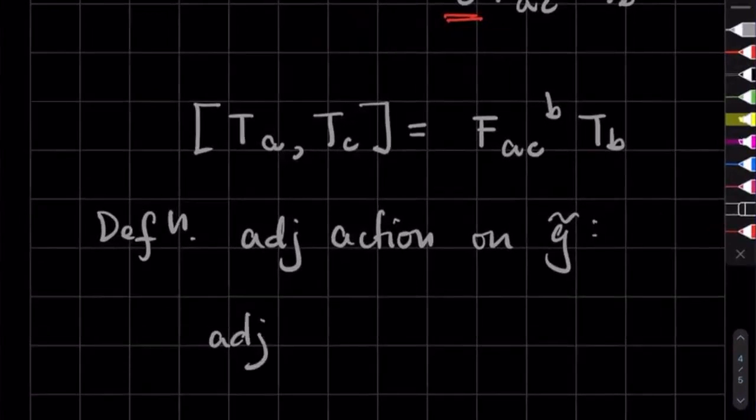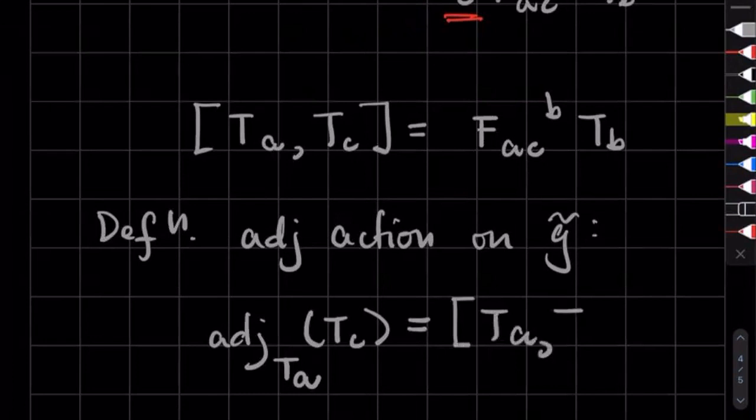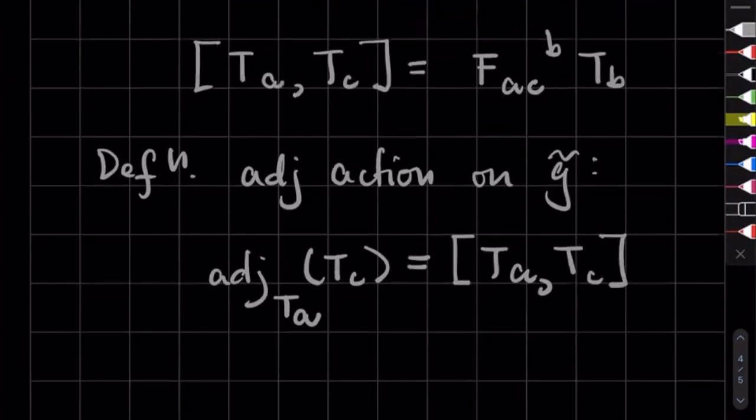So the adjoint action of T of A on T of C is given by the commutator of TA and TC. And here we see that this is essentially given by F ACB,